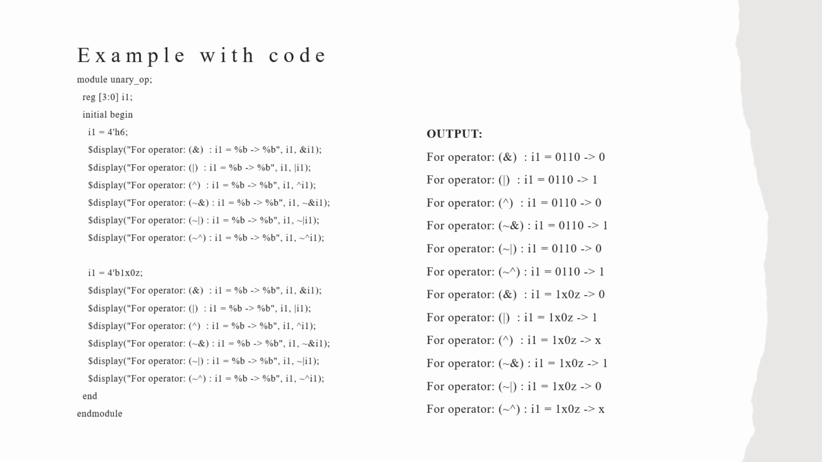In the case where I take an unknown value, here I take reduction OR, so 1 OR with x, because of the presence of 1 in this case, the output is automatically 1. So these are my